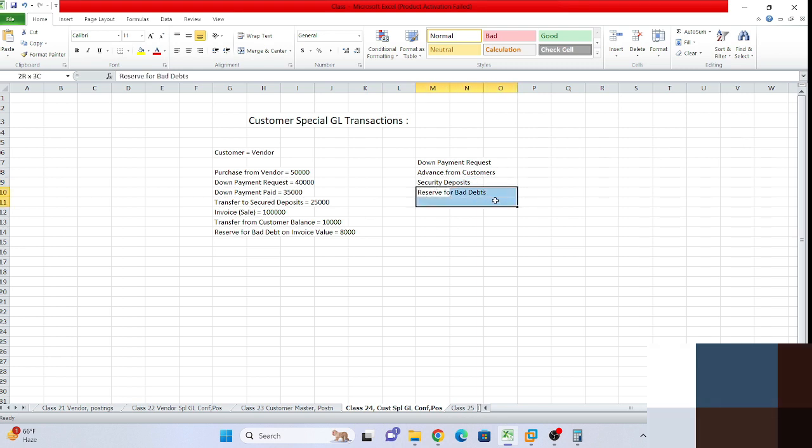And reserve for bad debt means business assumes that there can be some loss for this particular customer, so that is why business will make some reserve for the bad debts also, some amount, means customer will not pay or something of the kind. So business will make some reserve for bad debts, will deduct some amount for reserve for bad debts from the invoice amount for that particular customer, in case something wrong happened, means payment not received, something of the kind. So these are the four customer related special GL transactions in SAP,